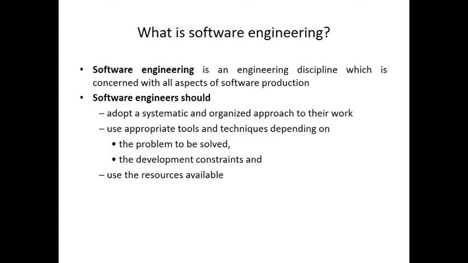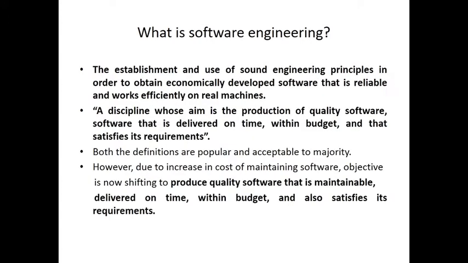The development constraints. We have a lot of constraints. We have design constraints, we have memory constraints, we have constraints on functional requirements, we have constraints on non-functional requirements. So you have to consider all those types of constraints or conditions applicable, right? And then whatever resources are available, we try to use those. We are not going to run for a particular resource which is not available to us, right? Availability also matters a lot.